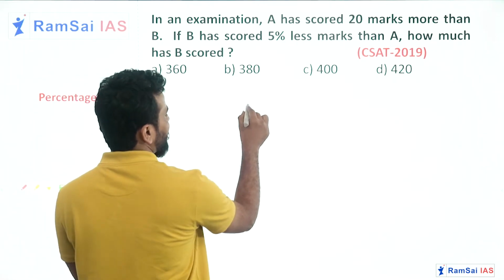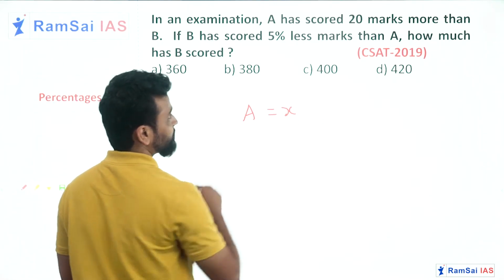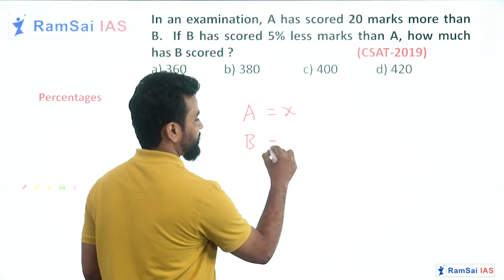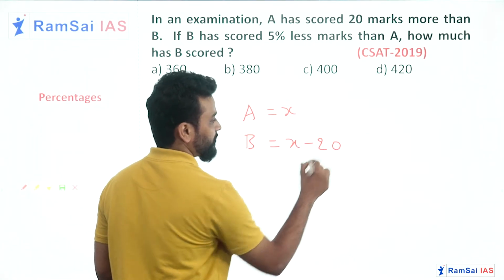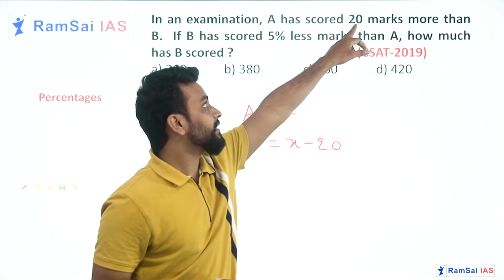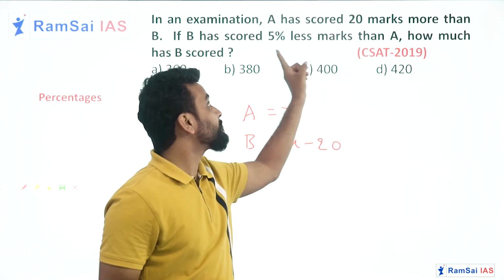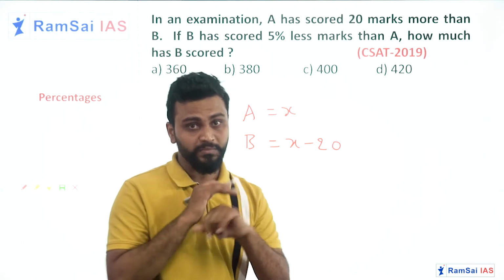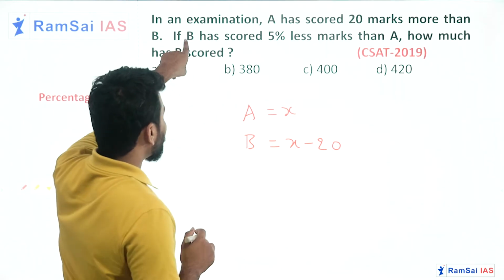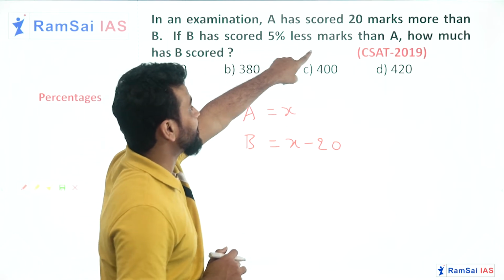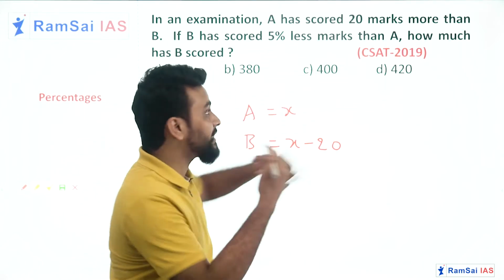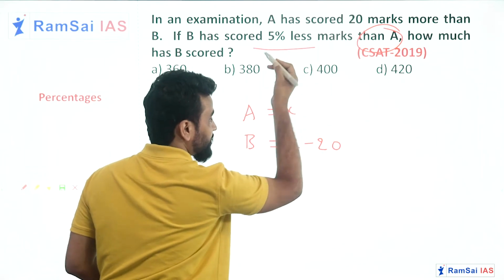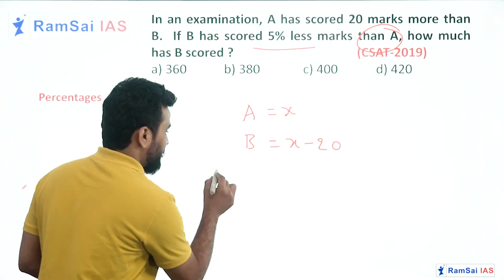Just imagine A got X marks. Then in that case, B got X minus 20. Yes or no? In terms of number, the distance will be the same, but in terms of percentage, the distance changes. Distance here means the difference between the two numbers. And if B has scored 5% less than A, we are comparing with A's marks. How much less? 5%. So I can write it as